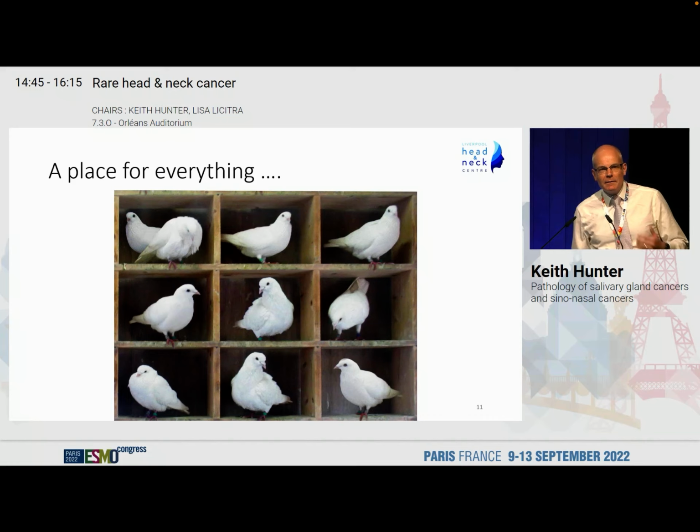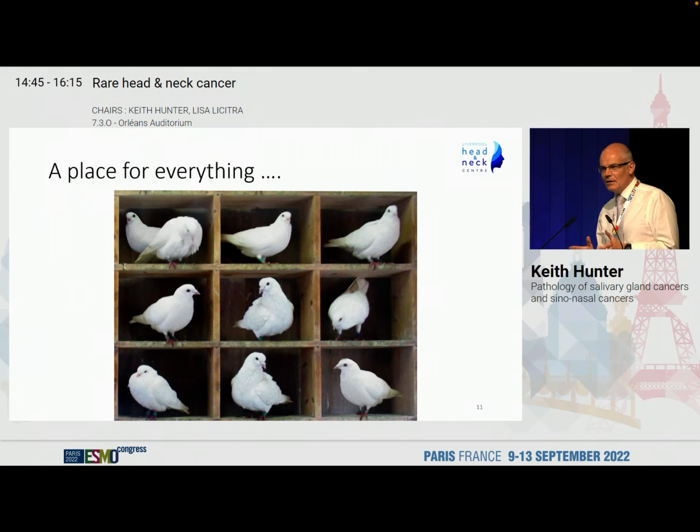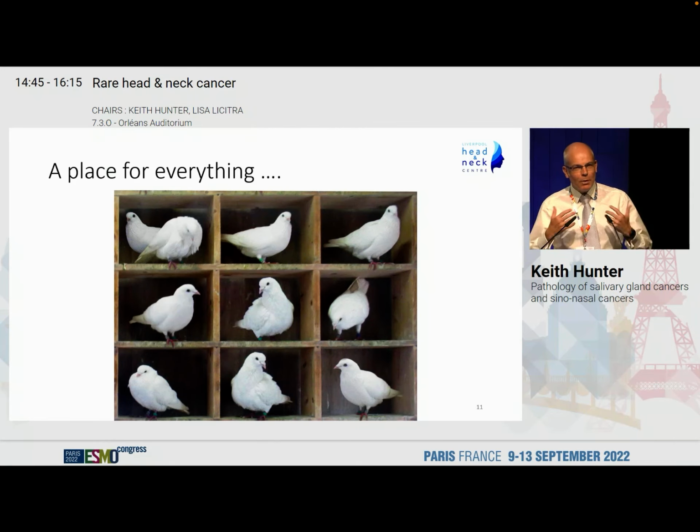But there is, of course, and as a pathologist I'm speaking, I do like to have a place for everything. A place for everything, and everything in its place. And we pigeonhole. And you will have noticed, I'm sure, that in the top left there are 2 pigeons in there. And of course, there shouldn't be 2 pigeons in there. And it reminds us, in terms of diagnostics, that when we insist on having a place for everything and everything in its place, we will find that at times things don't fit. And there is that compulsion to try and make things fit.